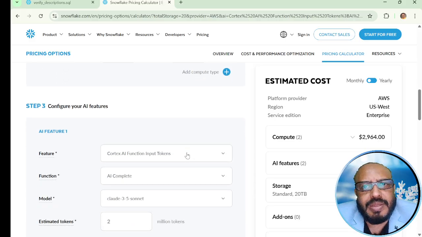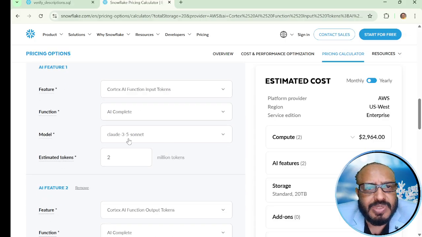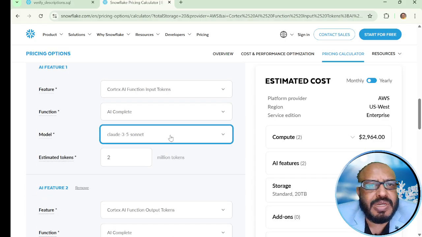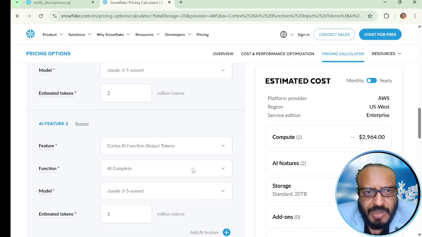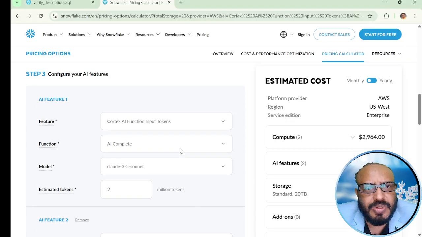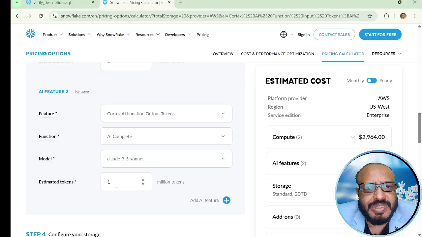Now in my load, I'm also using AI features, like AI function input tokens. It will use the AI Complete function model. I'm going to use Claude 3.5 Sonnet, or whatever you are going to use internally. You can choose from here. You can estimate the tokens per million. So I'm just assuming 2 million tokens. I'm also going to use output tokens as well in AI Complete, for which I'm using 1